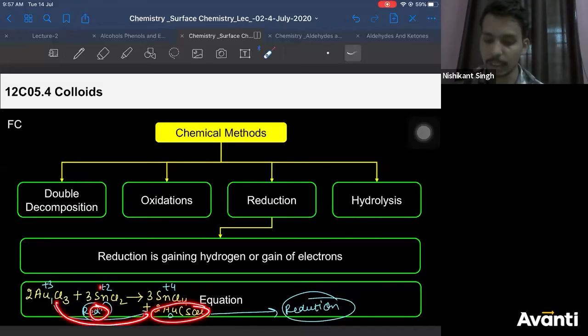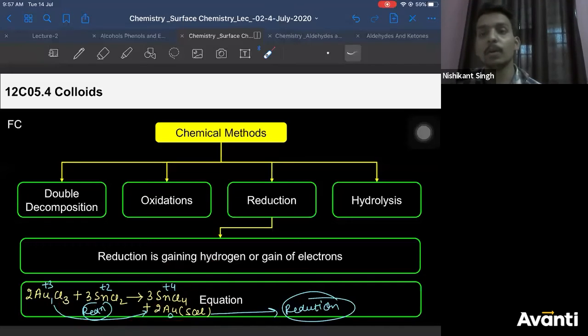Reduction reaction. In this reaction, there is no colloid formation. This is oxidation, but in this oxidation reaction, there is no colloid formation. The colloid is formed in this reduction part of the reaction. Right? So I hope that clears your doubts, sir, why we are calling it oxidation and reduction. We are not calling it an oxidation and reduction reaction. We are saying the colloid is obtained by oxidation and reduction reaction. There is a difference in the two statements. Right? Yes, Ravi Kiran, the previous one was comproportionation reaction, but you can say it as a redox reaction also. It's fine. Any doubt in these three methods?